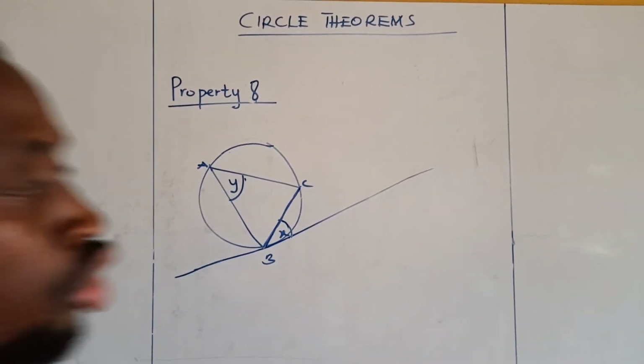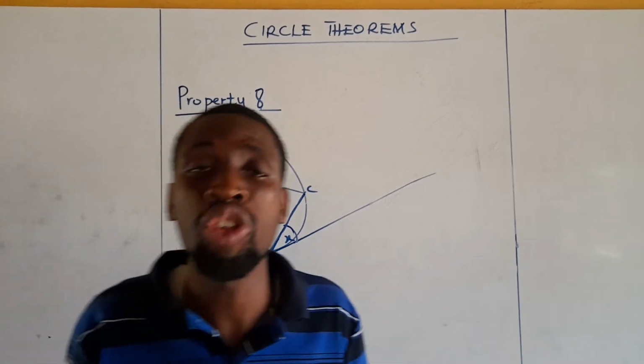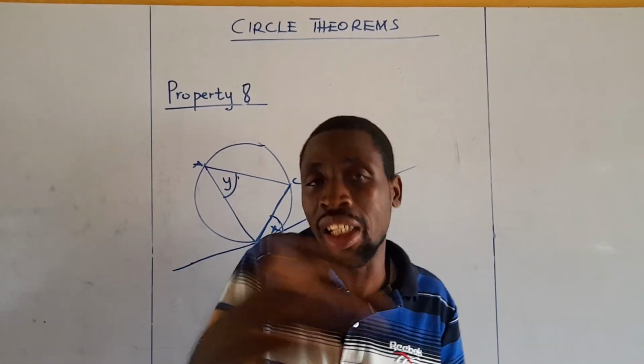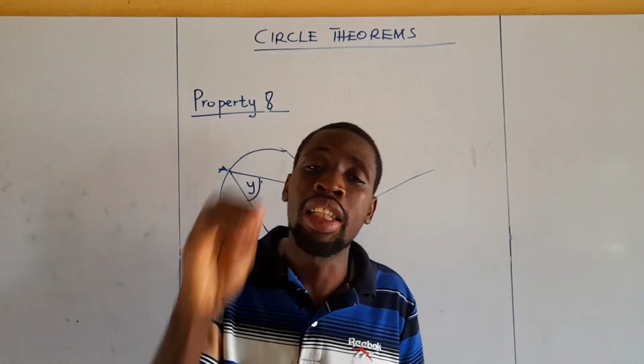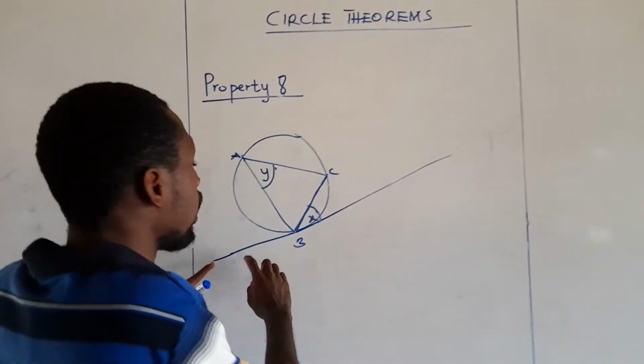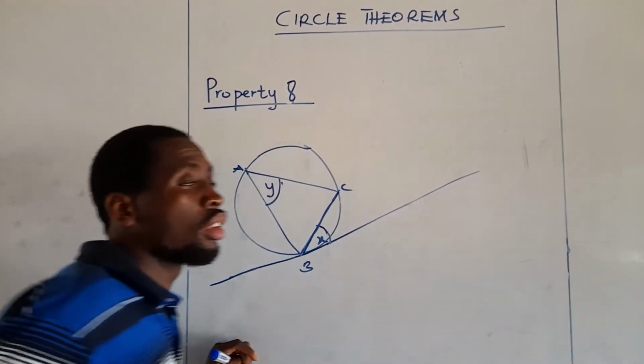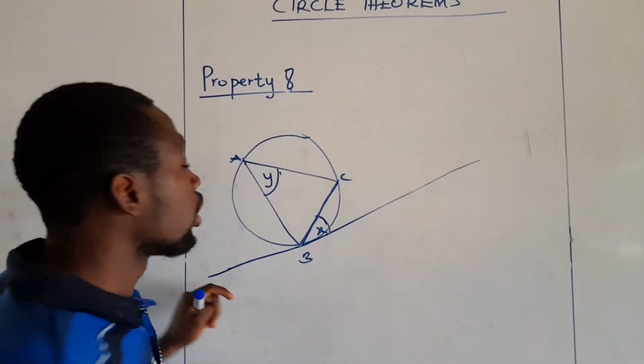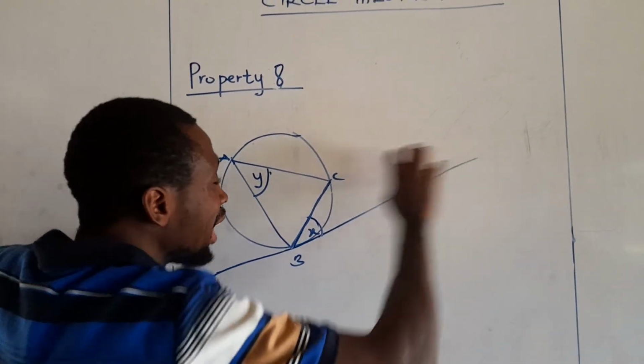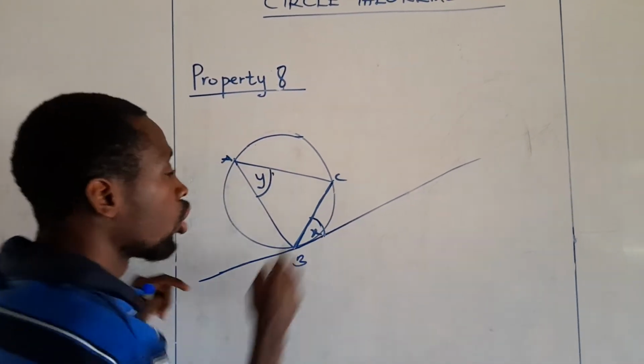So any line drawn to touch the circumference of a circle but does not cut the circle, we call that line a tangent. So this line here, look at this line, it's called a tangent. So the 8th property is saying that the angle that the tangent makes with a chord, okay, so this chord